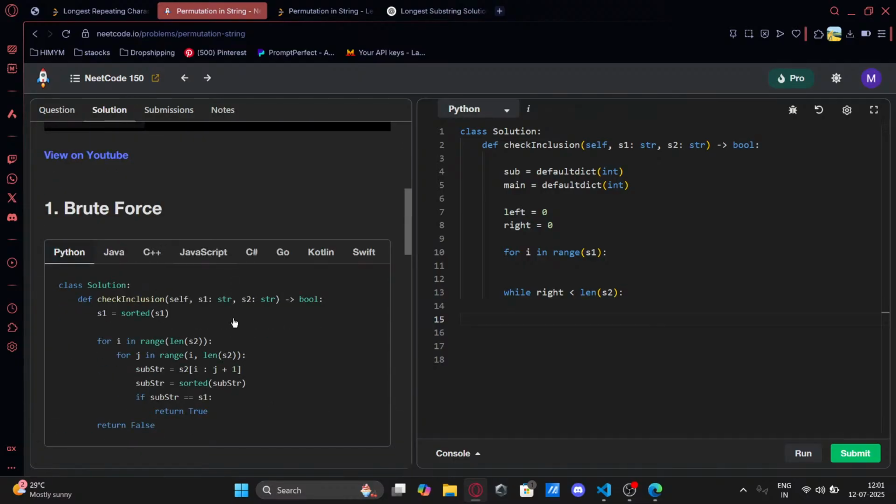So, okay. For i in range of s, for j in range of